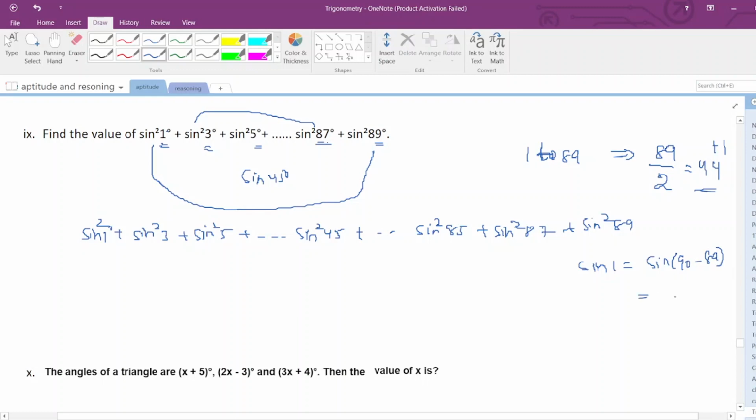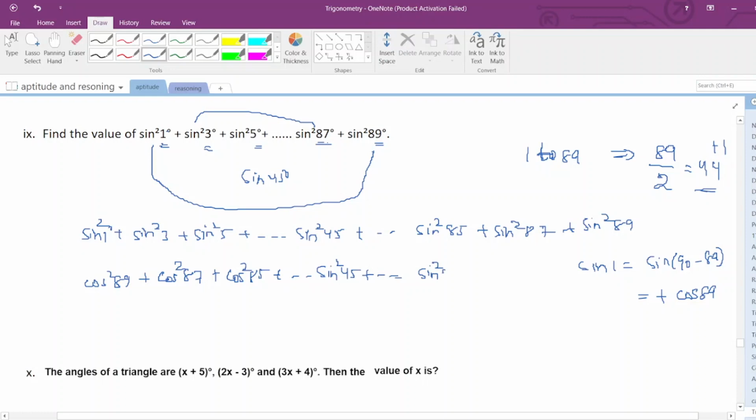This is 90 minus an angle of the first quadrant, so sin becomes cos, and it becomes cos 89. So sin² 1 becomes cos² 89, and the same way sin² 3 will become cos² 87, and this becomes cos² 85, plus so on, sin² 45, plus so on,